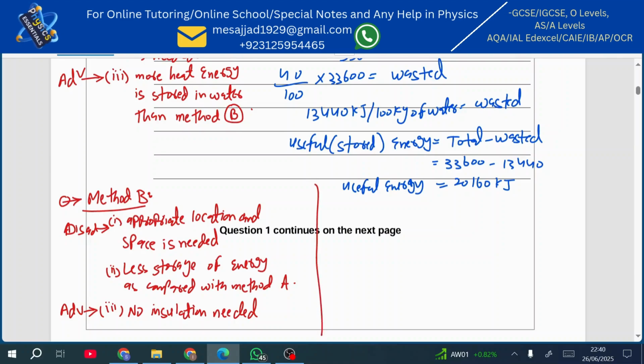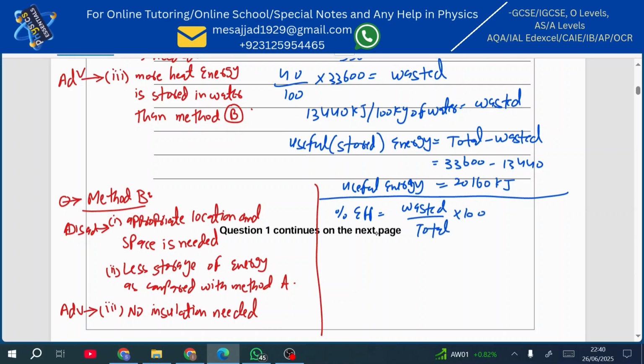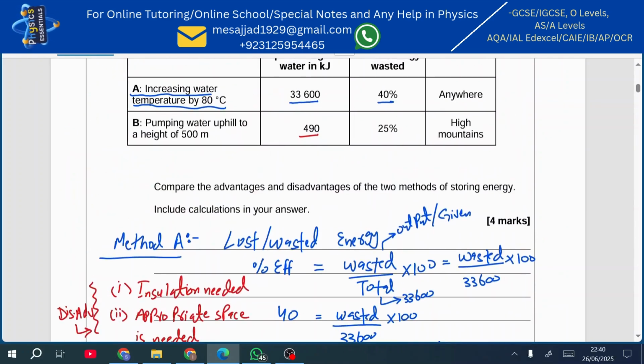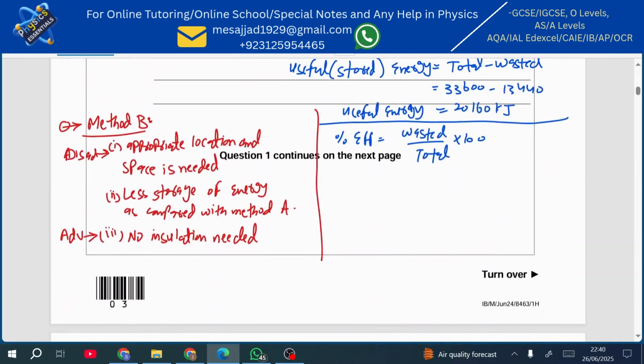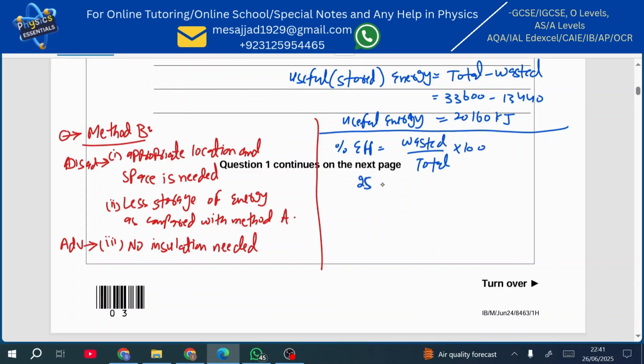Now they have mentioned that you need to do some calculations, so let me do the calculation the same way as we have done for method A. So the calculations will be similar to the one that we have done already. Percentage efficiency will be equal to the wasted divided by total into 100. Efficiency that is given to you for method B is 25%, that is lost, and 490 is your total. So 25% will be here, 25 wasted is something that you need to calculate. Your total is 490 into 100, and from here the wasted energy